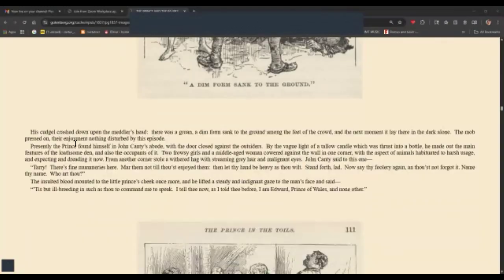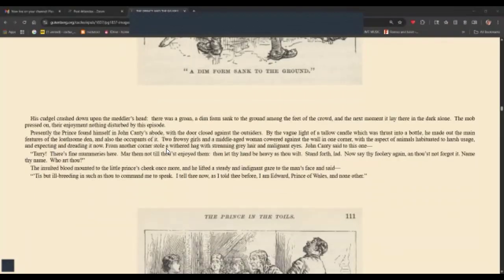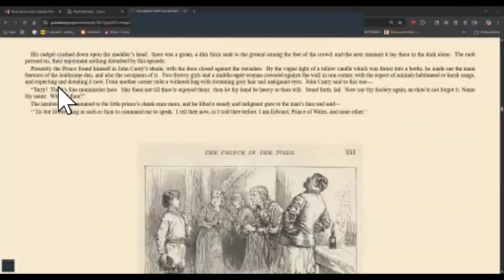His cudgel crashed down upon the meddler's head. There was a groan. A dim form sank to the ground among the feet of the crowd, and the next moment it lay there in the dark, alone. The mob pressed on, their enjoyment nothing disturbed by this episode. Presently, the prince found himself in John Canty's abode, with the door closed against the outsiders.